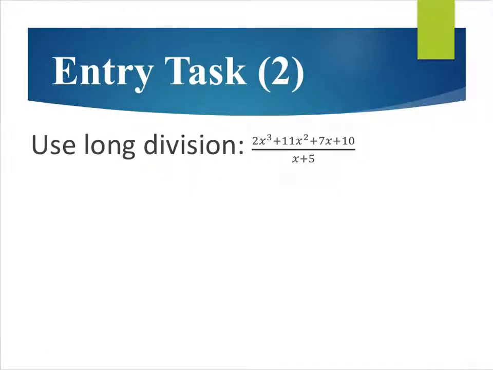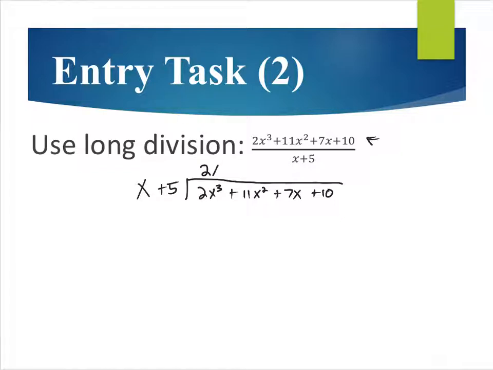So I just want to do one more with you. The first thing I want to check is to make sure that all my place values are there. It looks like it is. I'm just going to do this as quickly as I can, trying to explain as I go. X plus 5 goes on the outside. This 2x cubed plus 11x squared plus 7x plus 10 goes inside here. I think what times x gets me 2x cubed? It's got to be